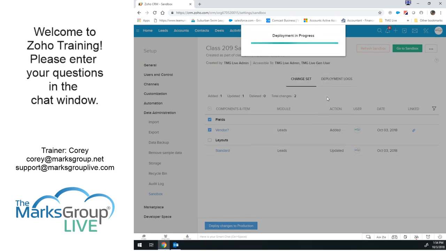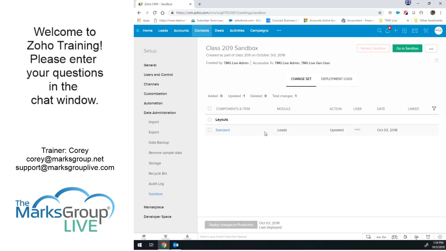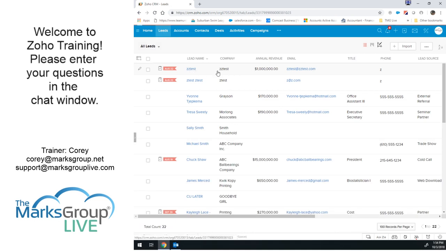And now when this happens and we go to my production instance, which I'm in, I'm going to now go to the lead area. Deployment in progress. We're going to wait for a minute or two. Okay, and then it's saved to the production account. So now let's go look and see what we've got. The layout's still not there, and that's what actually concerns me. So if I go look at ZZ test,